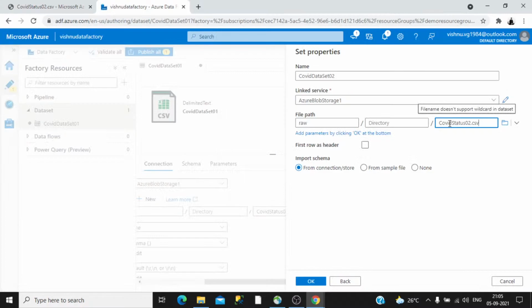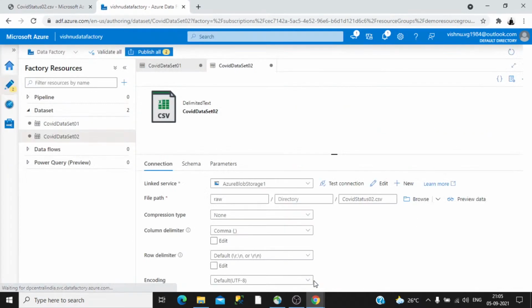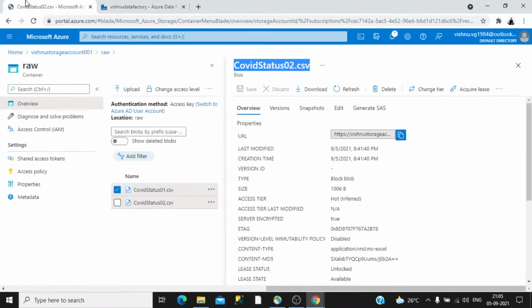So we can provide that as well. And let's click on OK. So now two data sets are connected here. Next, we want to connect one more data set because we want to store the final data in the curated